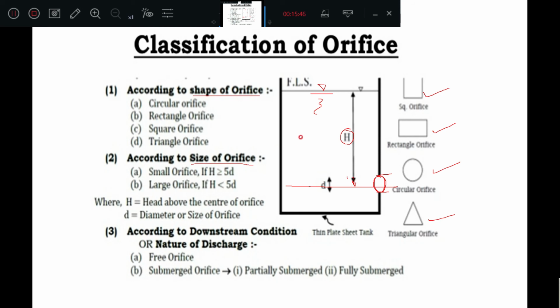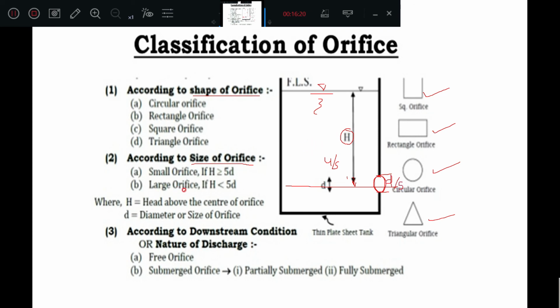If the orifice is of bigger size, then the liquid will be coming out very fast, and the depth immediately decreases. Here h is the head above the center of the orifice and d is the diameter or size of the orifice. Then, according to the downstream condition, considering this as the upstream side and this side as the downstream side,